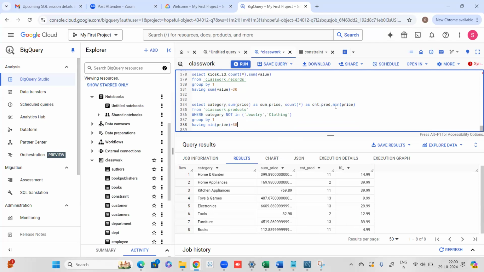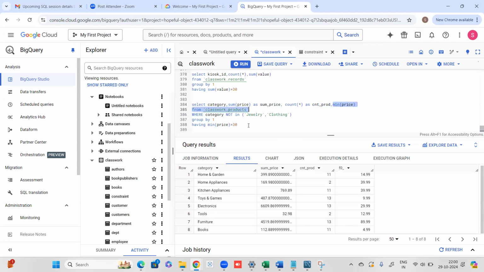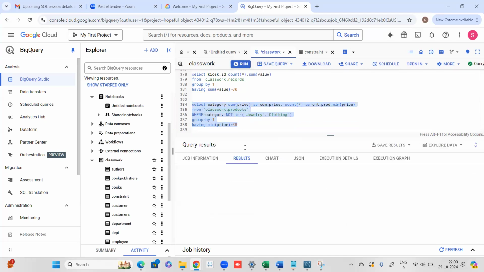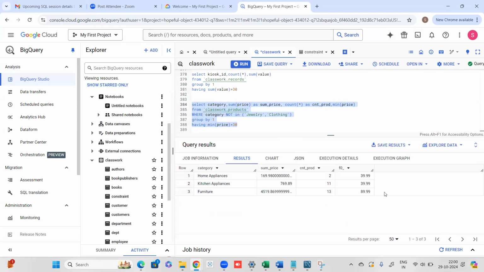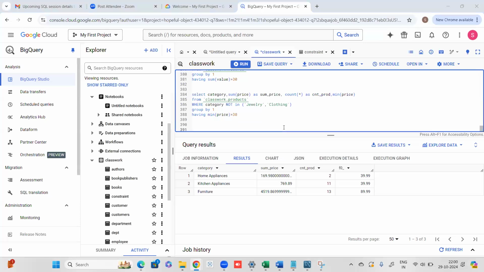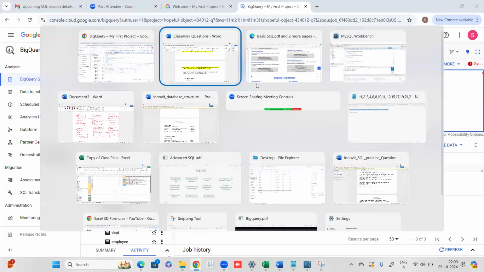Now, because I'm applying the filter on an aggregation, I have to use having and not where. Run it. See, only these three come out. Okay. I hope all of this is clear,